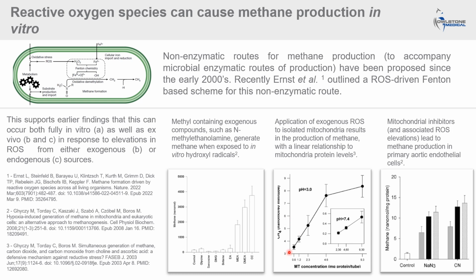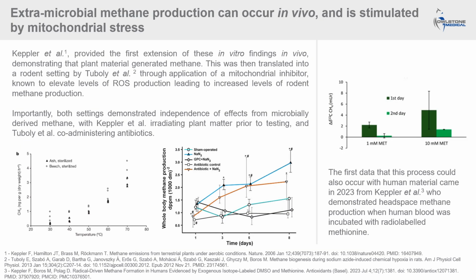Finally, they took this step even further, demonstrating that endogenous ROS can do this as well, via application of sodium azide and cyanide, increasing ROS in these primary aortic endothelial cells and resulting in emission of methane in a dose-dependent fashion. So we've got good evidence that a hypothesis exists for methane production endogenously, and that this can be demonstrated in vitro as well. But these findings also translate to in vivo settings, firstly demonstrated by work by Keppler et